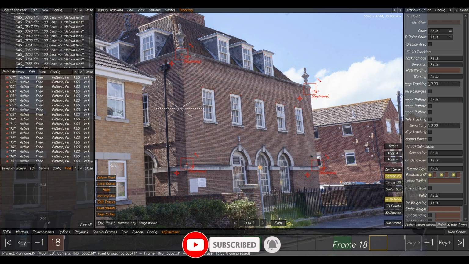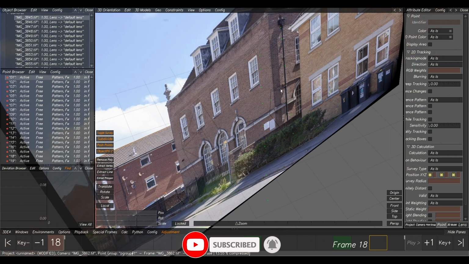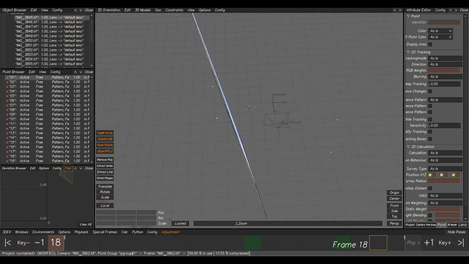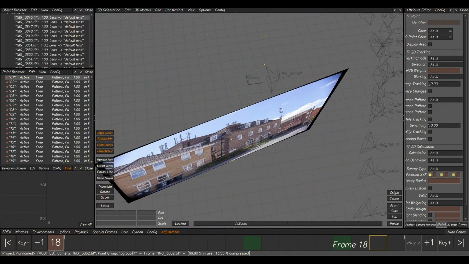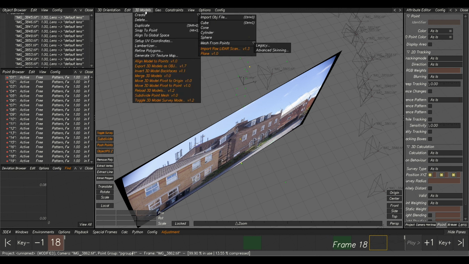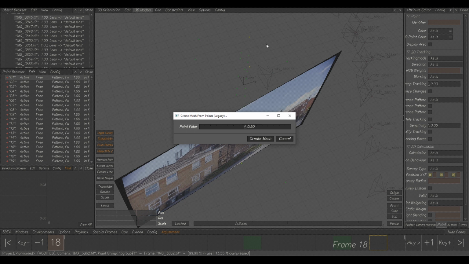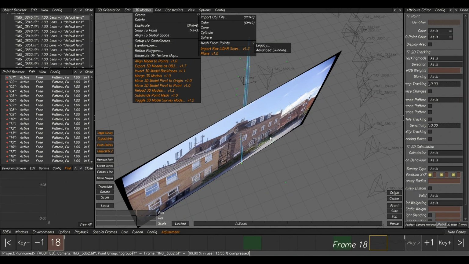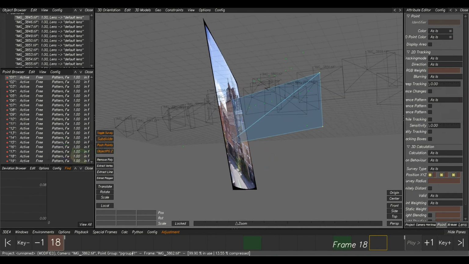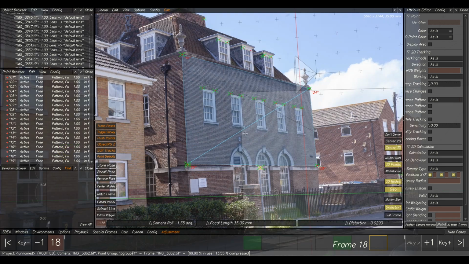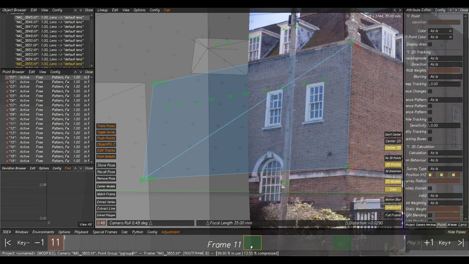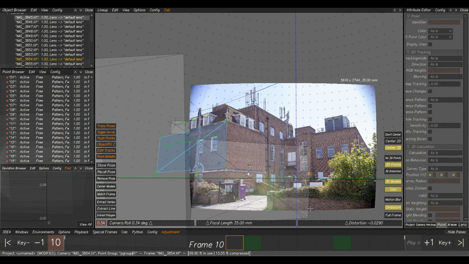it's still quite rough, but if we go to F6, we can see those points. If we go 3D models, create, mesh from points, and select legacy, and just create mesh. Now you can see it's made a very basic mesh. If we press F5, if we just full frame for this for now,